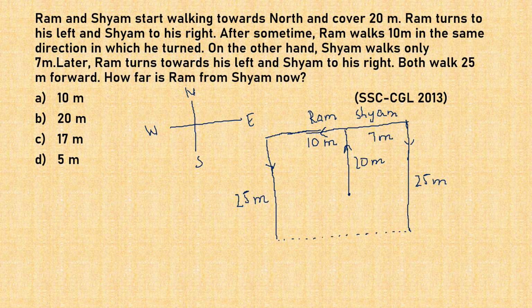And now you all can guess it well. This is going to be 10 plus 7 because this is 10 and this is 7. So you add them up and what is the correct answer here? Yes, it is going to be 17 meters. So this is how you go about such questions. They may look very tough, but actually they are not that tough.